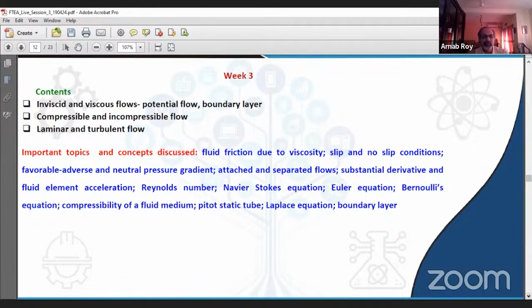So these kind of concepts were discussed at length in this week, and further more detailing was done in terms of also use of some of the experimental procedures. For example, we introduced the pitot-static tube, and we saw how that may be used in obtaining the flow velocity in the test section of a wind tunnel. The same pitot-static tube can be taken through the thickness of the boundary layer from near to the wall to the edge of the boundary layer and beyond, and you will be able to see that there is a variation in the dynamic pressure that the pitot-static tube records, and try to recapitulate why such a variation actually happens. So there are a lot of conceptual things that we did in this week as well, building up the